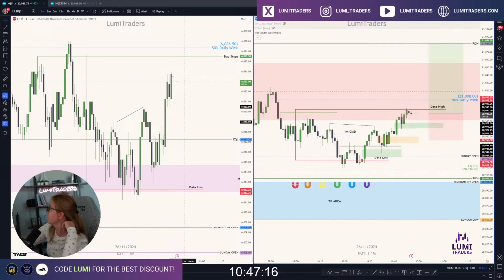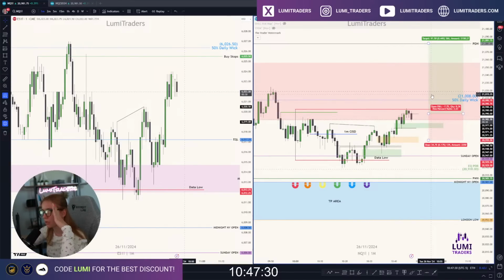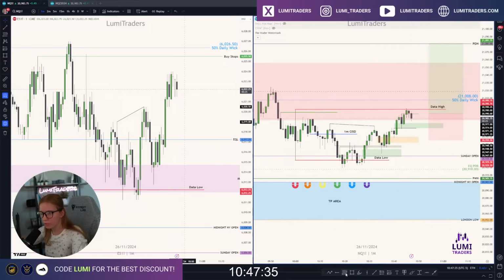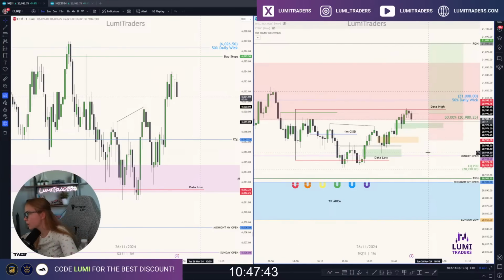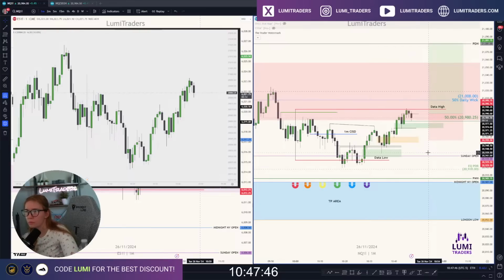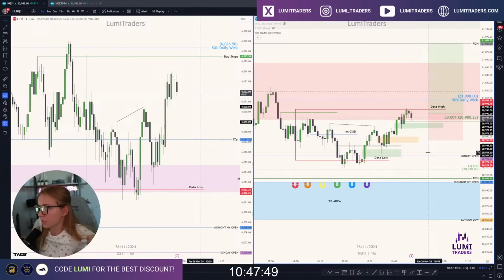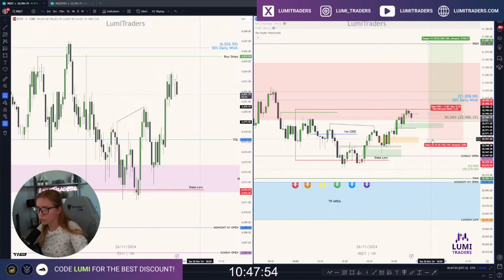Not in trade yet. I see no momentum to upside from this OB. Waiting for this, and will only be interested in longs if we may get a reaction from this OB. That's it. I'm not interested in any other longs. 50% taken, right? Let me see. MIT. It's right here. Yeah, 50% taken. I am not in trade, guys. I'm just watching right now. I would say if I want to long from this OB, it must react from the min threshold or actually top of this OB. That's pretty much it.